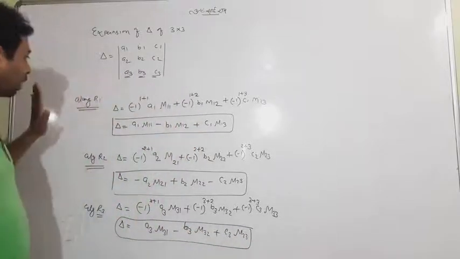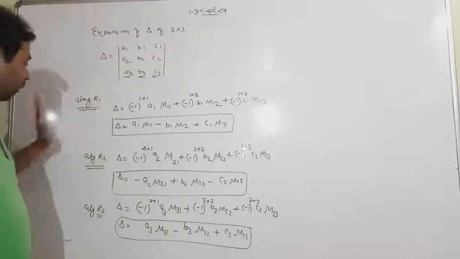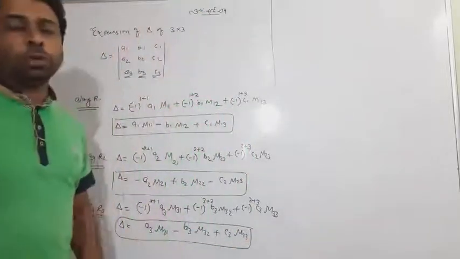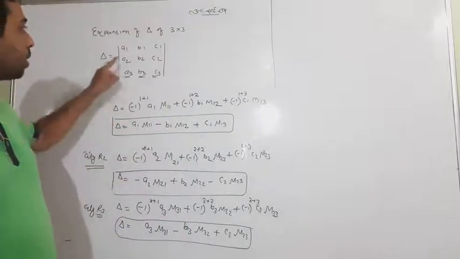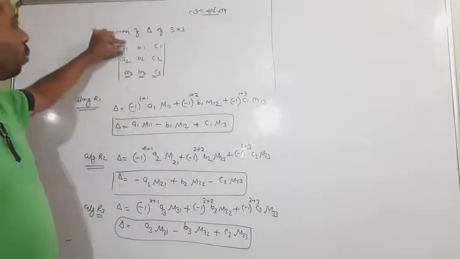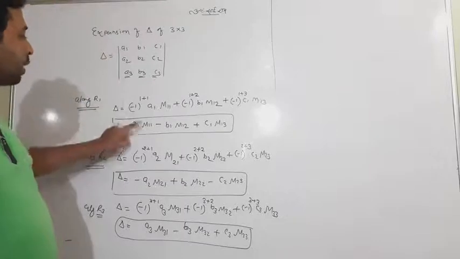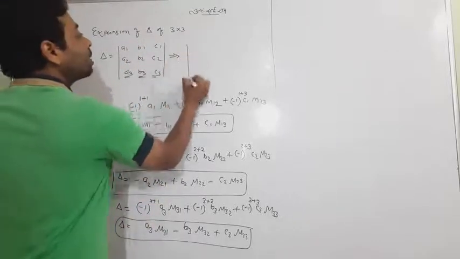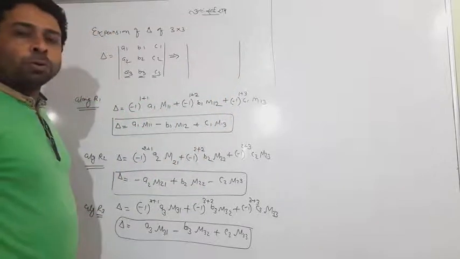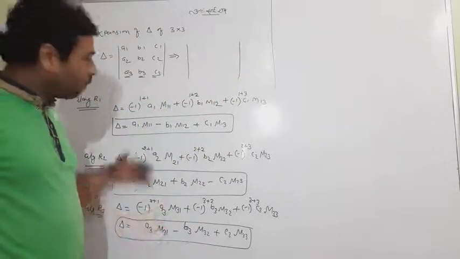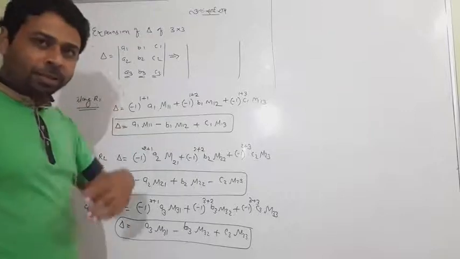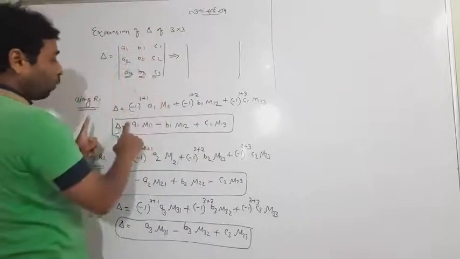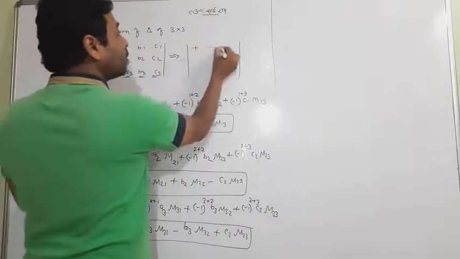Similarly, you can find out along column 1, along column 2, along column 3. But the conclusion I want to share with you is that I have a trick. When you go along the first row, choose plus minus plus sign. How can we remember all this expansion in one line? That's simple. Along the first row it is plus minus plus.